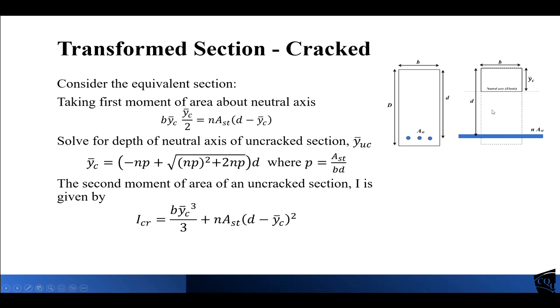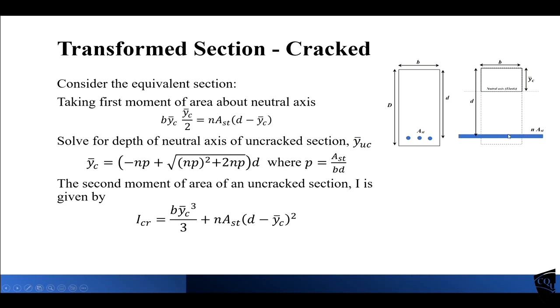So it's cracked here, so there is no concrete because the concrete is cracked. So I'm going to replace the steel with concrete. Whatever concrete is here is already cracked, but for the analysis I am replacing this steel with concrete. As I told, this is n times the AST, no minus 1, because there are no holes,